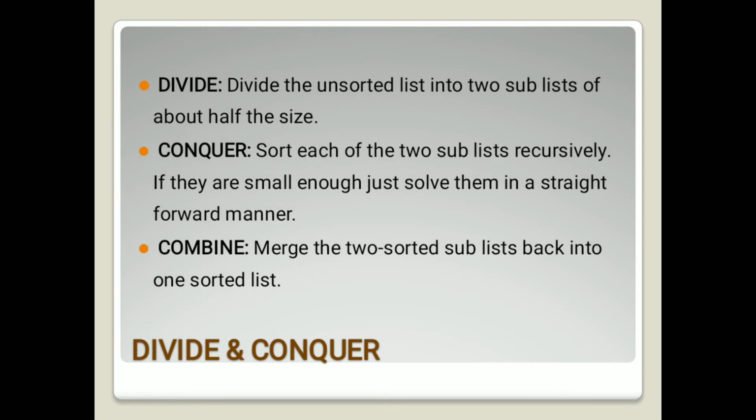Divide and conquer strategy in merge sort. The concept of divide and conquer involves three steps. First step, divide the problem into multiple sub-problems. Second step, conquer the sub-problems by solving them. The idea is to break down the problem into atomic sub-problems where they are actually solved. Step 3, combine the solutions of the sub-problems to find the solution of the actual problem.